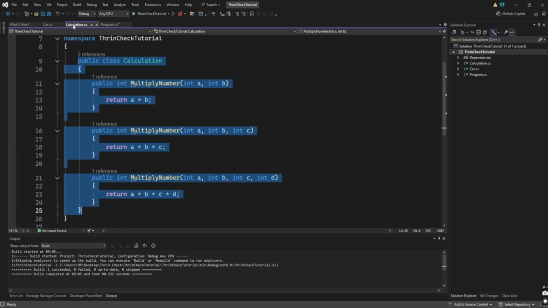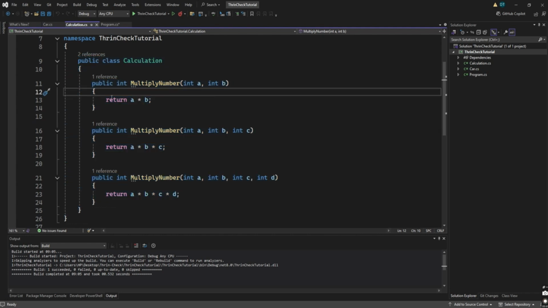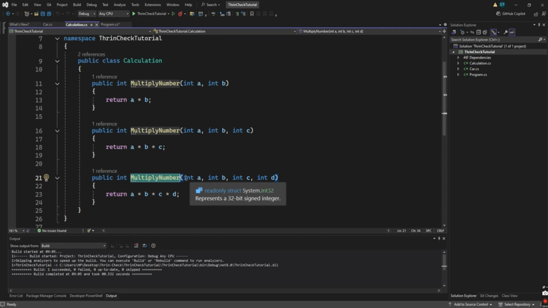So if we come down here, this is an example of polymorphism, which is compile time polymorphism, right? Compile time polymorphism is different methods making use of method overloading, where different methods can have the same name but different parameters. This is the same name, the same name, the same name, but different parameters. So this is an example of compile time polymorphism. We also have